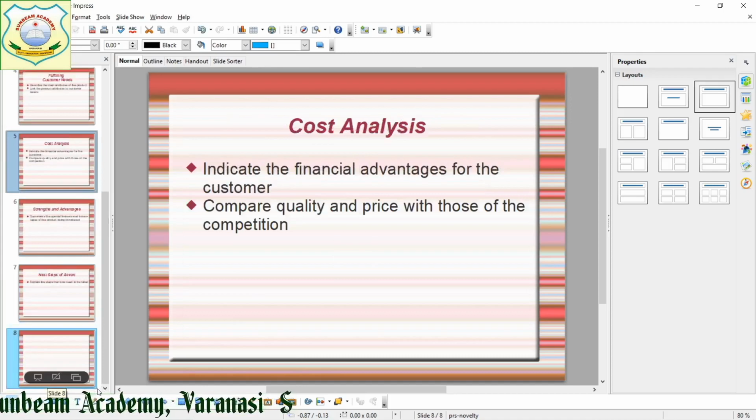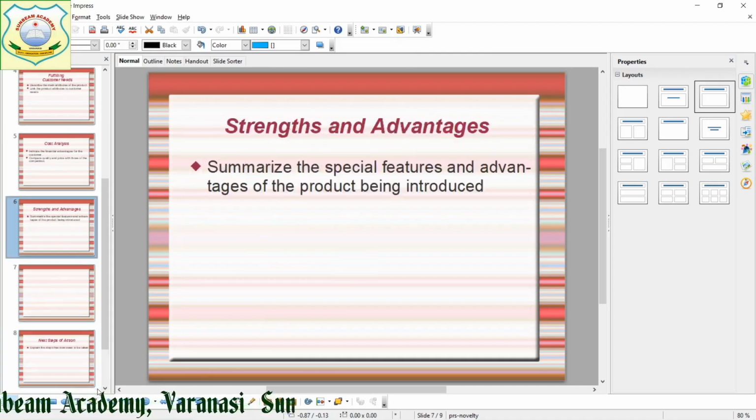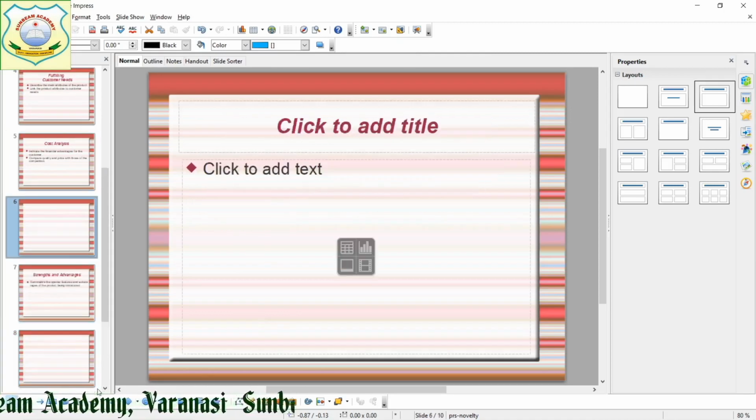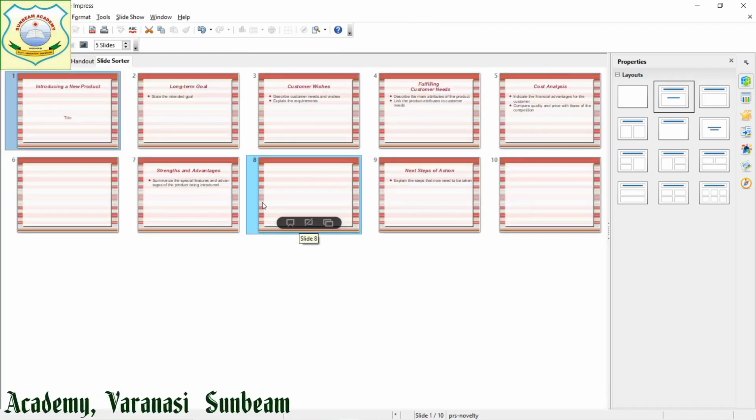I have taken a few more slides. Whatever I am going to write doesn't matter. Now in slide sorter view you can see 10 slides it is having.